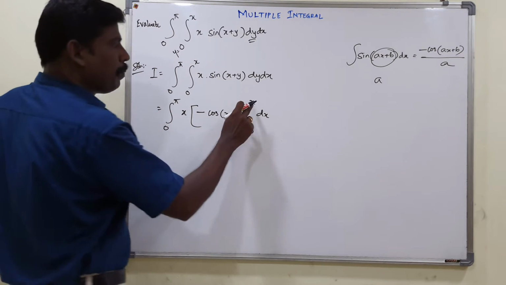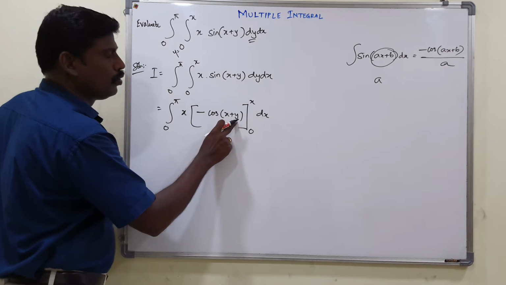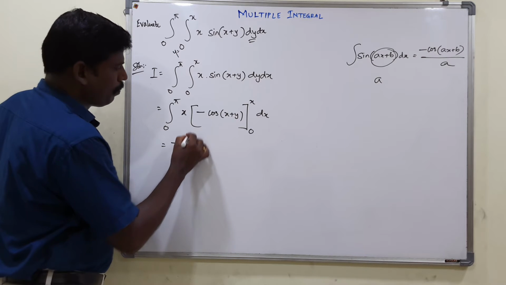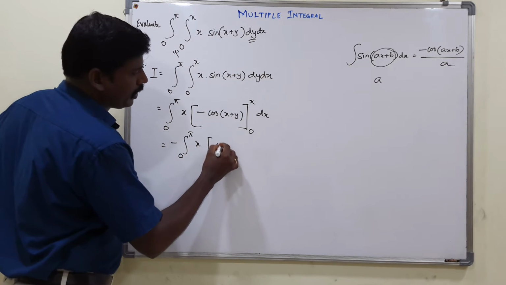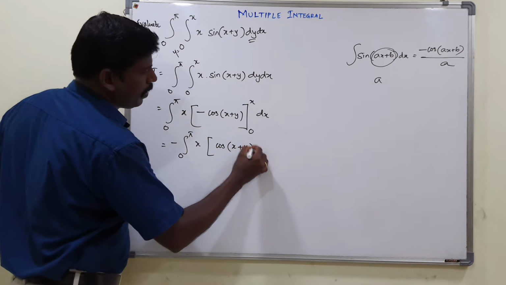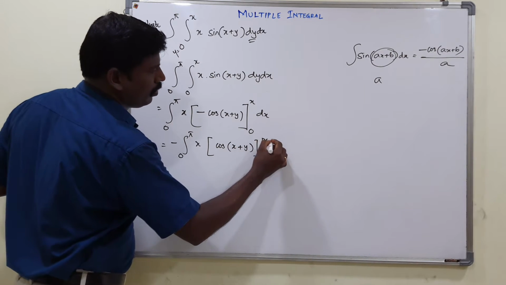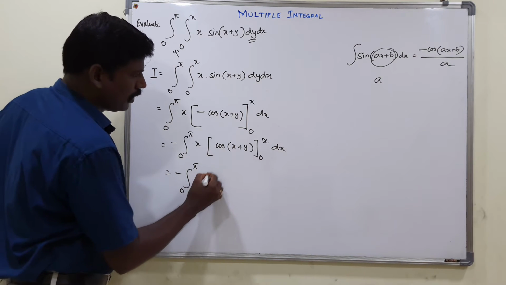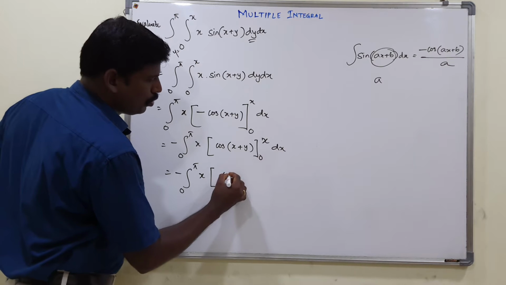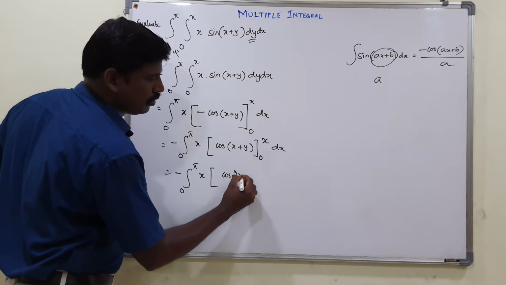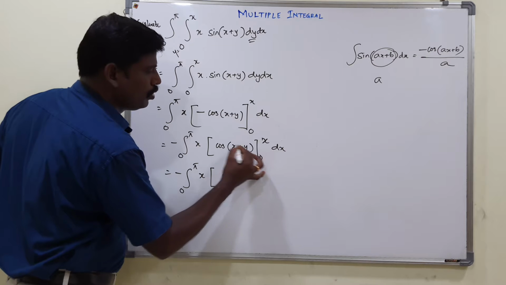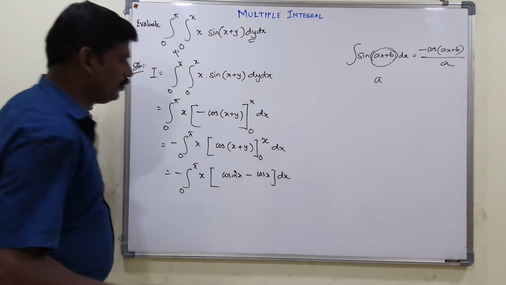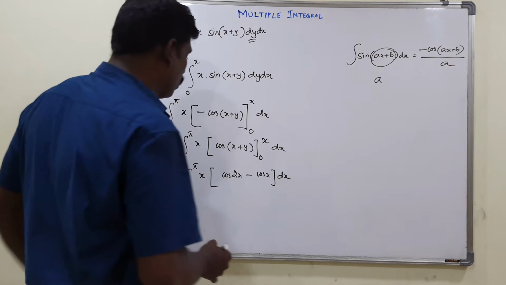So now I am going to apply the limit for y, not for x. Okay, substitute x for y here. What can we get? We can take this minus out of the integral 0 to pi, before applying the limit. Into x. So minus integral 0 to pi of x into cos 2x plus x, minus, applying y becomes 0, cos x plus 0, cos x, into dx. That's all. Now how can we solve this integral?